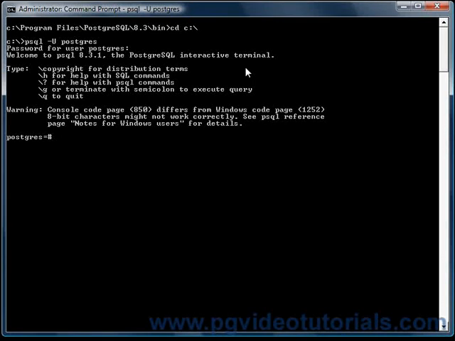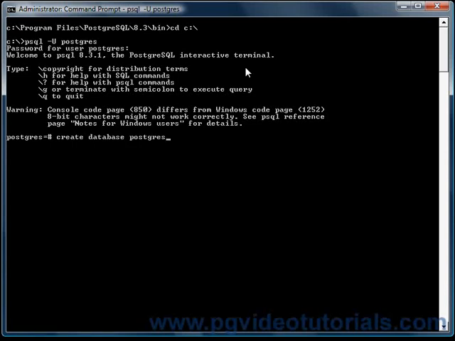Now, what we want to do is create a database. The database name doesn't matter at all. For this one, I'm going to call it postgresvtdb. It might be a bit of a long name, but we're not often going to use this name, just when we connect. So, to create a database, you need to initiate the following command: create database